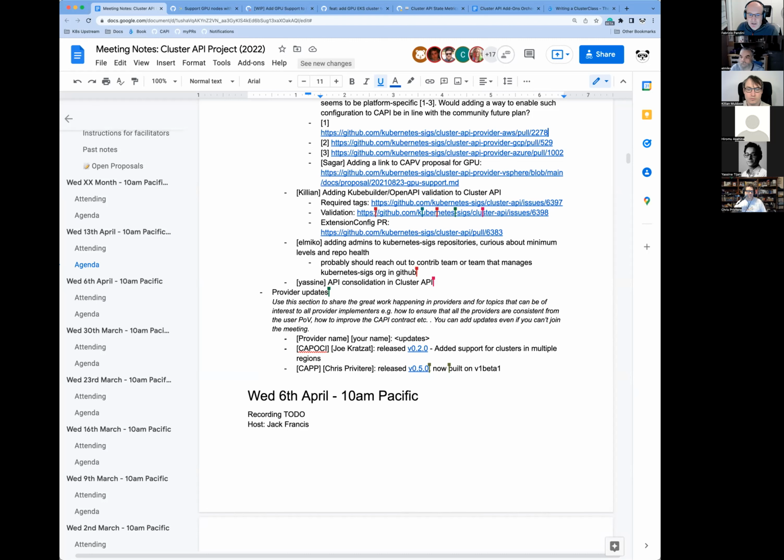And next up is Chris. Yeah, over at the CAP-P provider, which is now Equinix Metal. If you don't know, Packet is what we used to be called. We've finally got our long-worked-on update by Jason out that puts us on v1beta1, and now you can use the newer features, well, at least the newer API features. So there you go. This is great work.